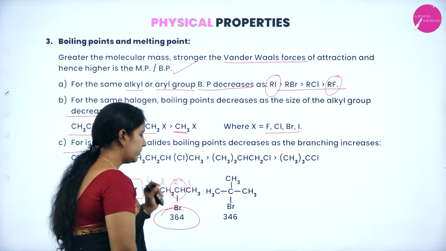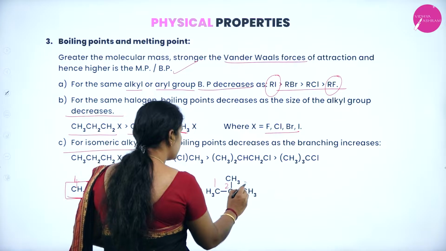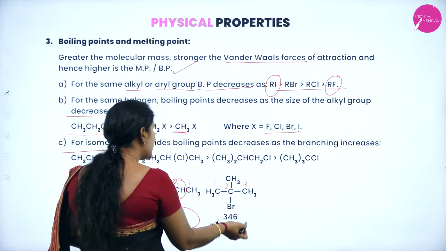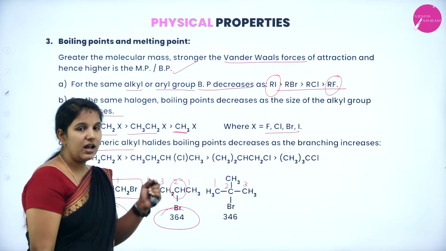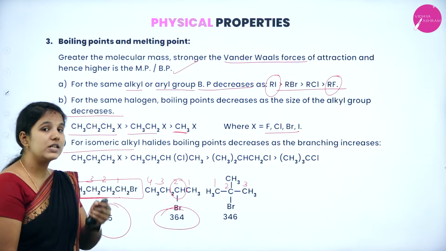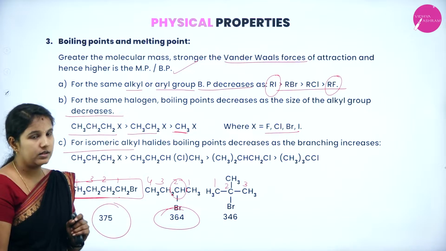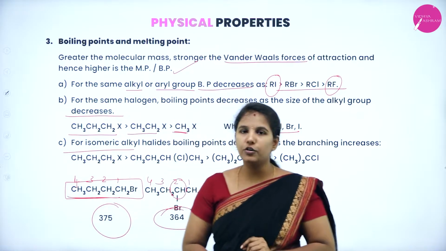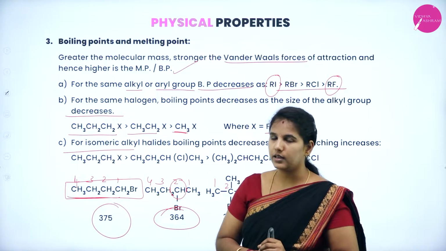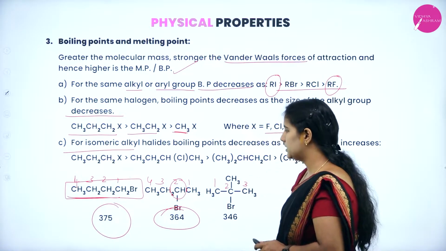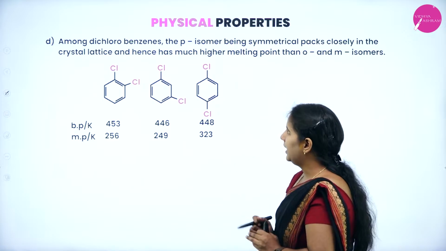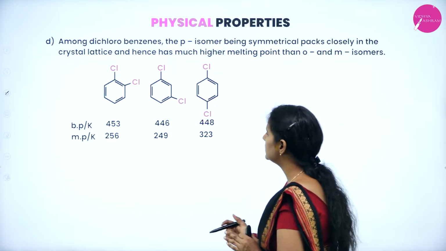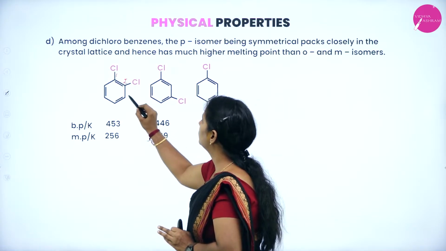Suppose the bromine group is attached to the second carbon atom, where there is too much branching. You can see that as the branching increases, the boiling point decreases. This is how we can understand the boiling point of haloalkanes and haloalkenes by looking at an example. Now, if you look at the physical state, among the dichlorobenzenes,